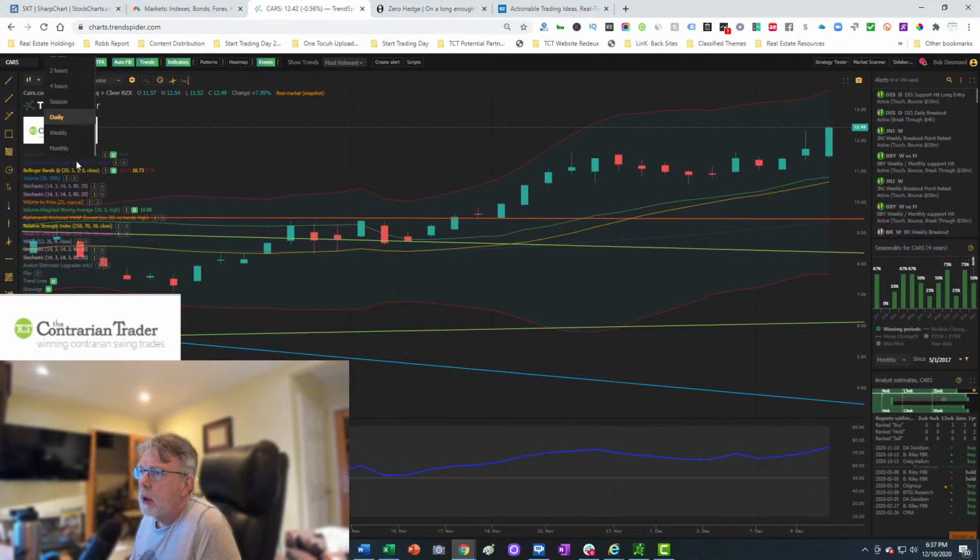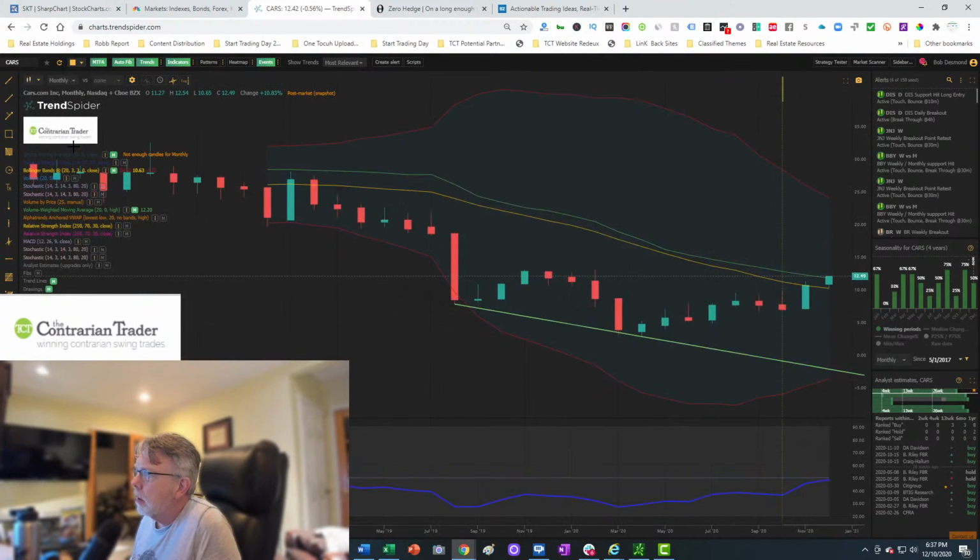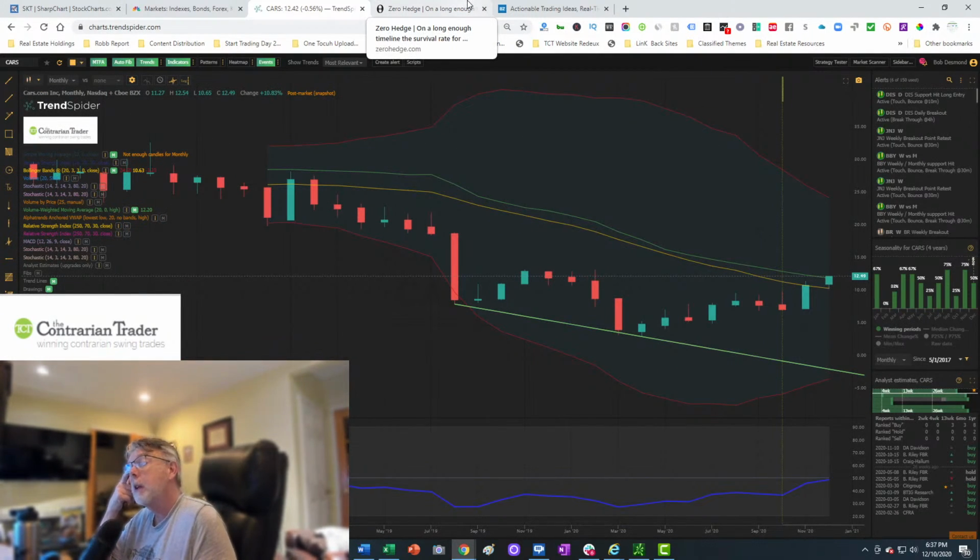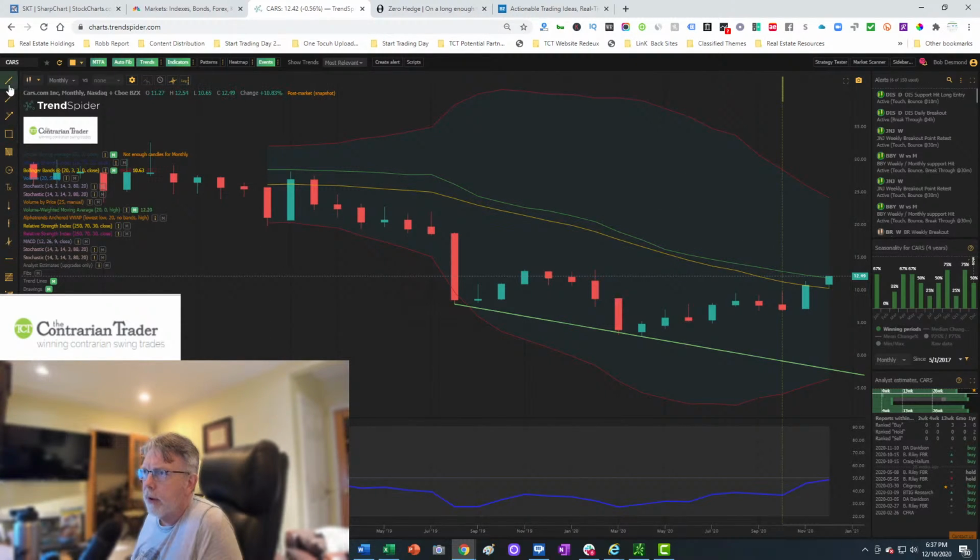Cars.com. Interesting. Used car prices dropped in today's CPI report, and the shares still did very well. We have a very nice breakout. We broke out here, retest 1, retest 2, continuation move up higher. Very nice. RSI looking good.